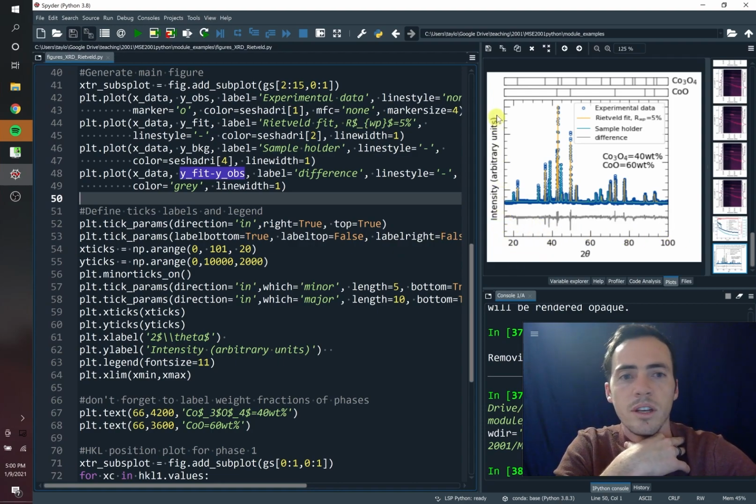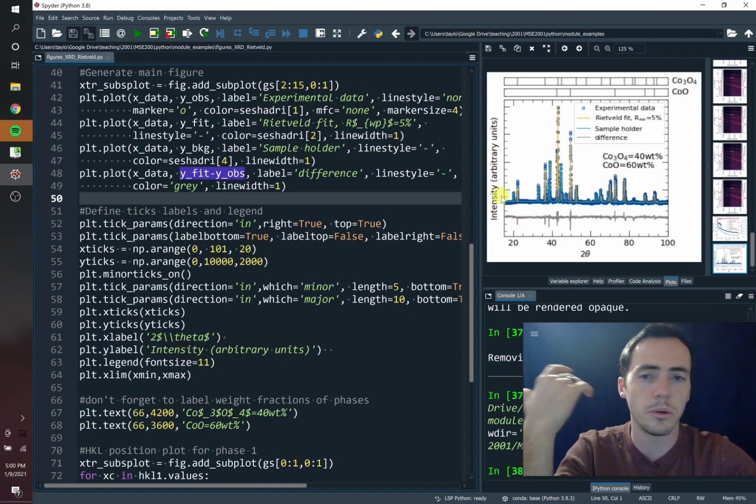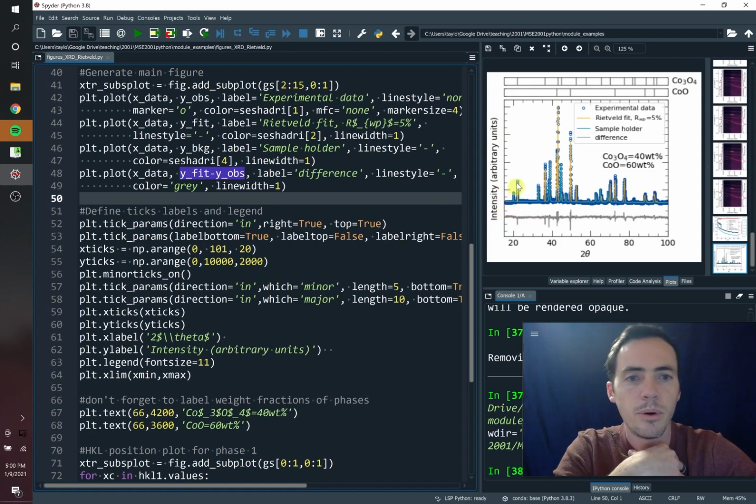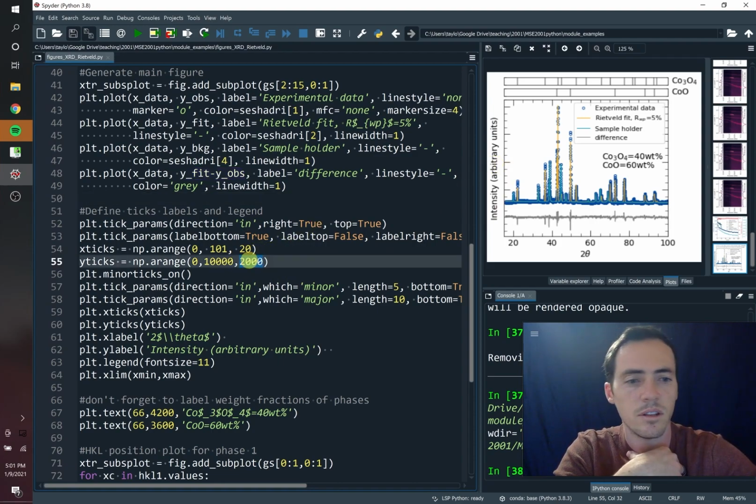I don't put tick labels on the y-axis because it's arbitrary units, so we don't need to. So I put ticks, I just don't put tick labels. Right now it's ticking every 2,000 intensity units. I just don't care what those are, so I don't label them. I turn on my tick